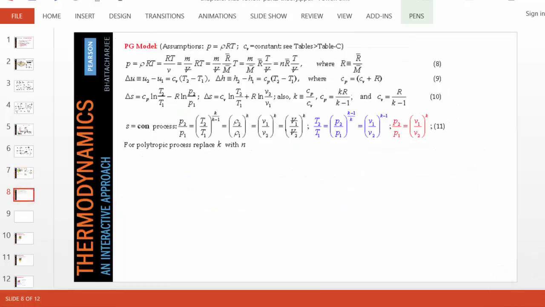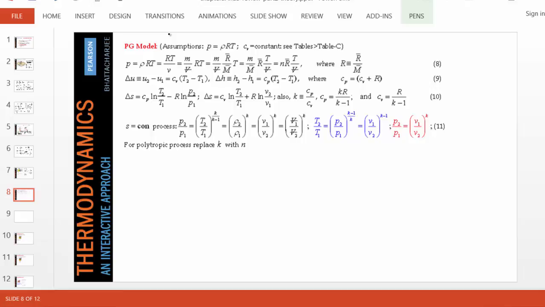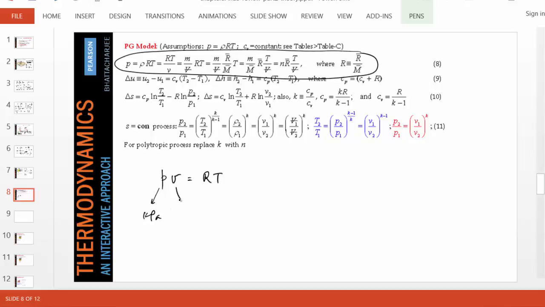Okay, now let's go over the PG model in a very succinct manner. The PG and IG model are basically models with which we can find properties of a gas. The PG stands for perfect gas model and IG stands for ideal gas model. In both the PG and IG model, the first assumption is that the ideal gas equation of state is valid. It has many different forms, but PV equals RT is one of the best forms to use for mechanical engineers,